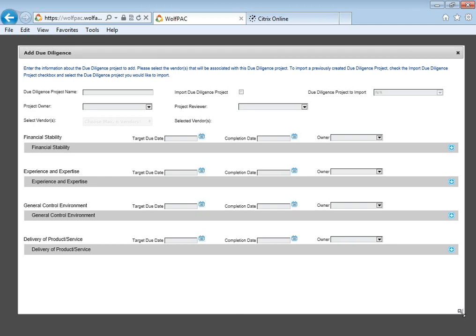What I'm going to do is I'm just going to take a second to size this screen so I can show you everything. And I'm going to create a new due diligence project. I'm going to call it Newest Product Offering, just arbitrarily here. And I want to take a moment and introduce you to some new functionality we have here called Import Due